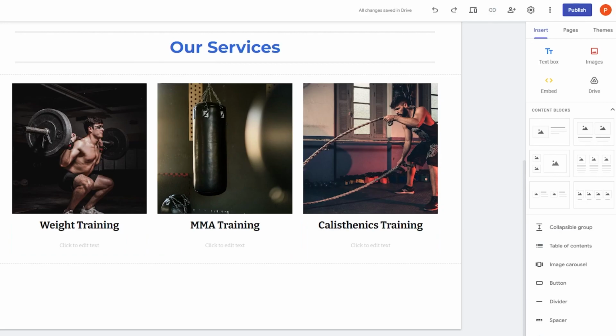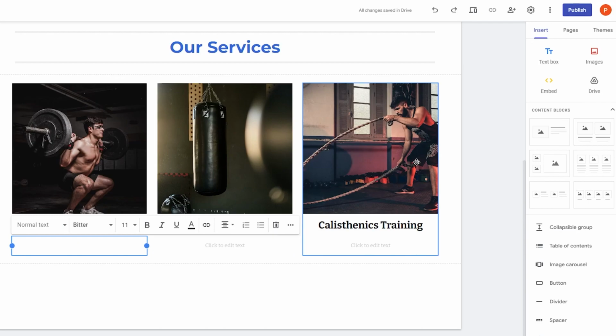Because once the image has been added and the text has been written, we're gonna write the additional data. Now you're probably wondering what the additional data is gonna be. The additional data could be, now that we've added weight training, you could add like the timings for it. You could add the pricing for it. So click to edit. So best quality weights you will find in all of